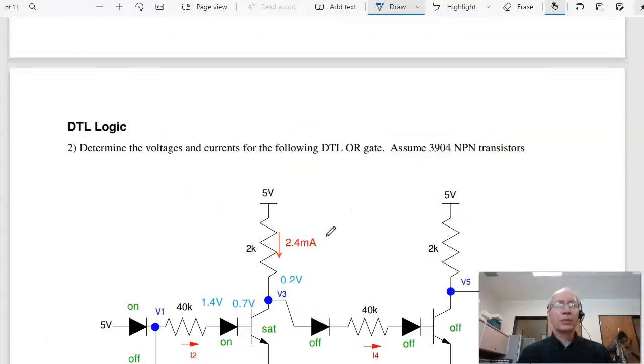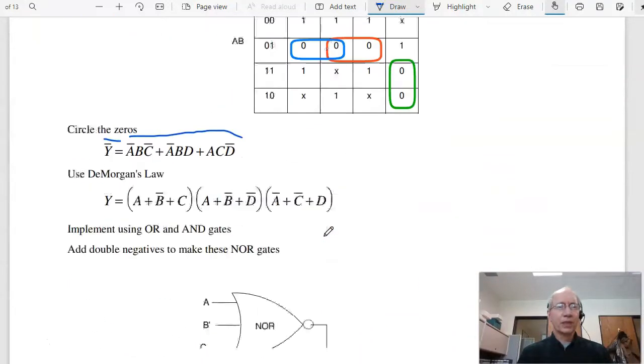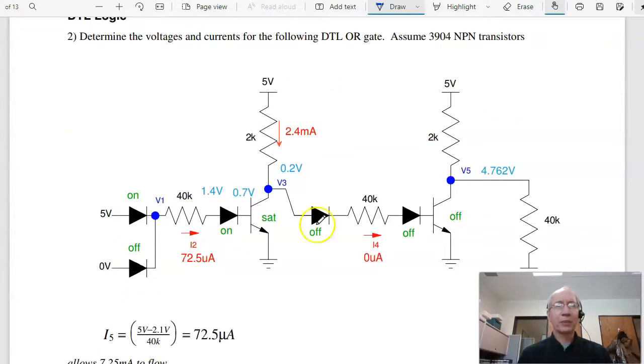Problem 2. Okay, the other problem 2, I miscounted. Problem 3